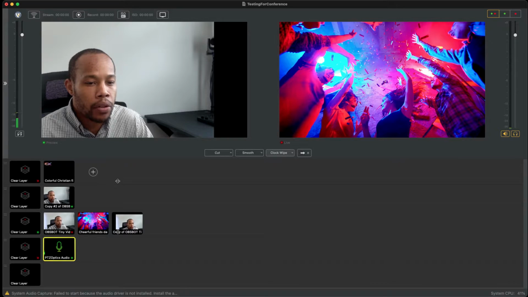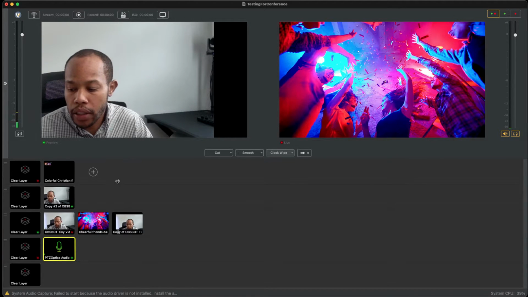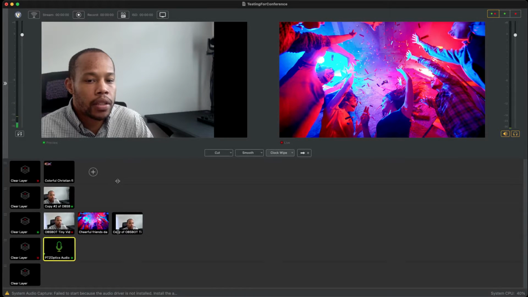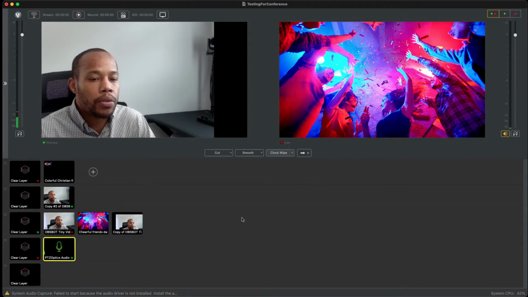But explain it a little bit further, because you're only sending data to platforms. You're not sending separate feeds. You're not sending audio to one place, video to another place. It's all in one single output. So the right hand screen is one singular output. Now you can send the output to multiple destinations as a whole, which is actually the next part I'm getting